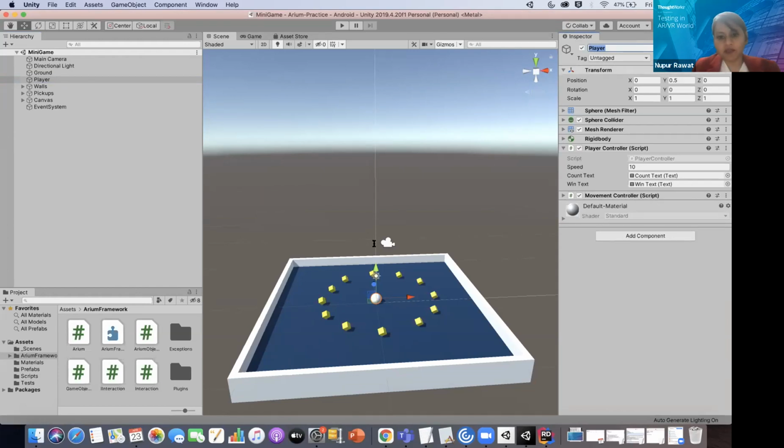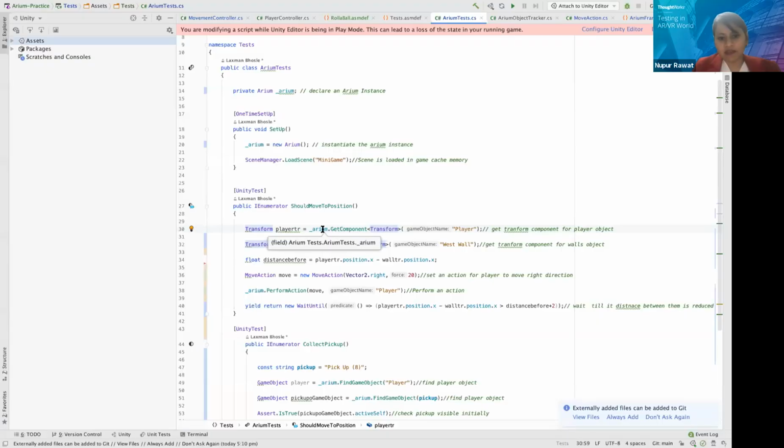So we are asking Arium to get the component transform properties of the player object. Arium understands from the name that it has to fetch the transform property of the player object. Similarly, it will fetch the transform property of the wall object. So it has fetched the transform property of the player object and also the wall object.